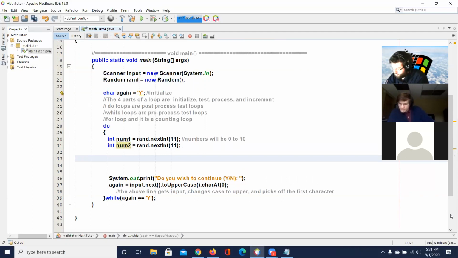So we got that. And so we got our two numbers. That's the first thing we need. Now we need to decide, or let the student decide, what do they want to do? Do they want to do addition, subtraction, or multiplication, right? So let's do that. So we can say